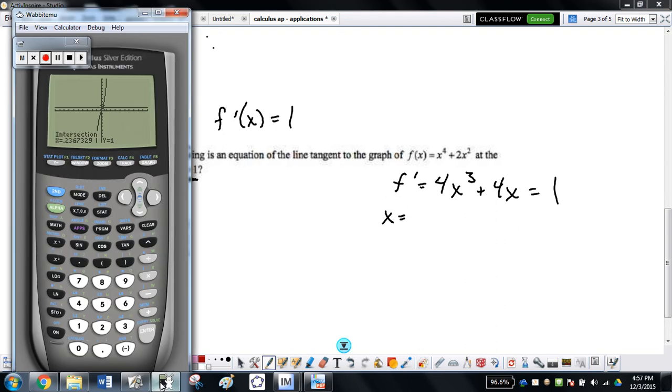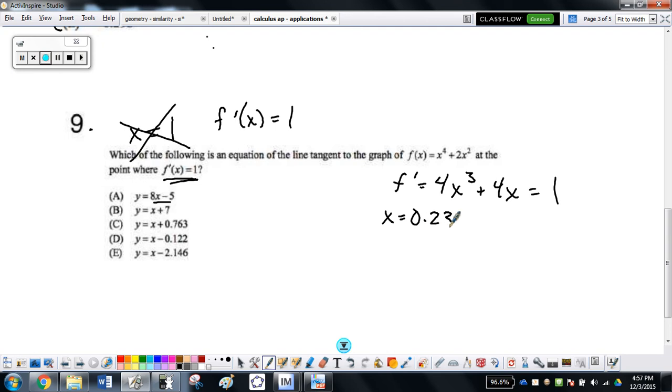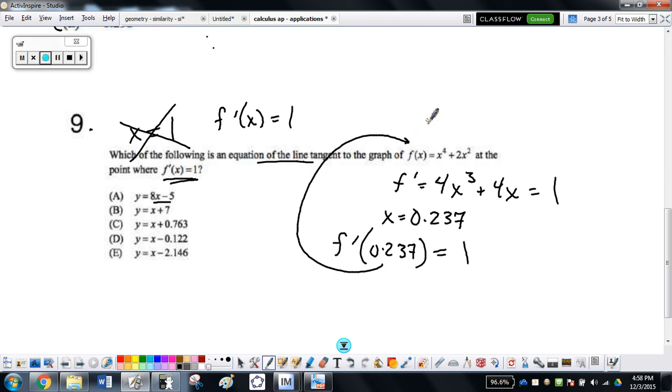So x will equal 0.237. Okay, fair enough. What is f prime of 0.237? We already know this. That will produce 1. So we have our slope, we have our x value. What's the only other thing we need to write the equation of the line? The y value. So throw 0.237 back into f. So f of, not f prime, but f of 0.237 will give you, I don't know,